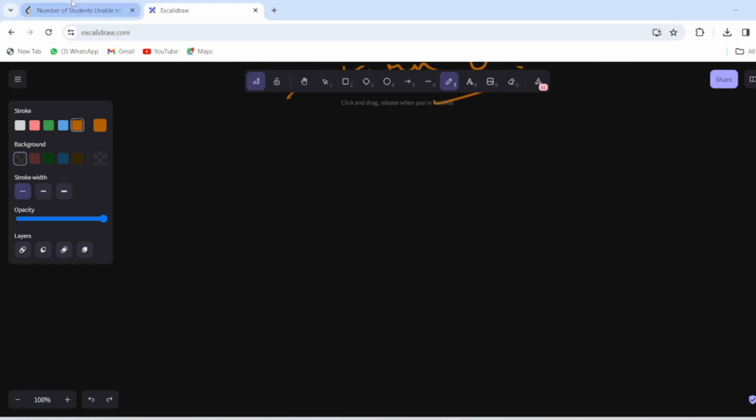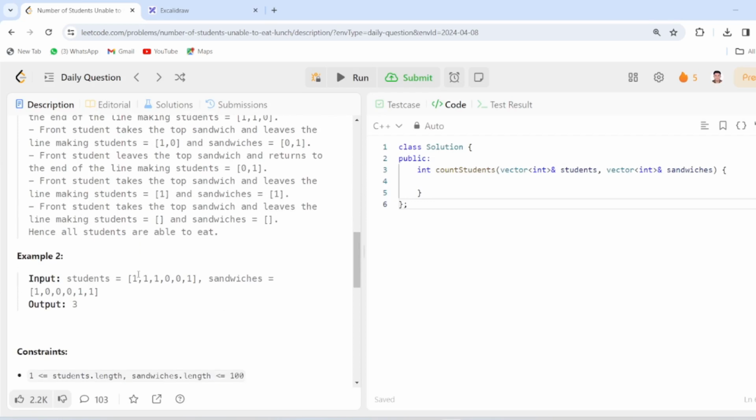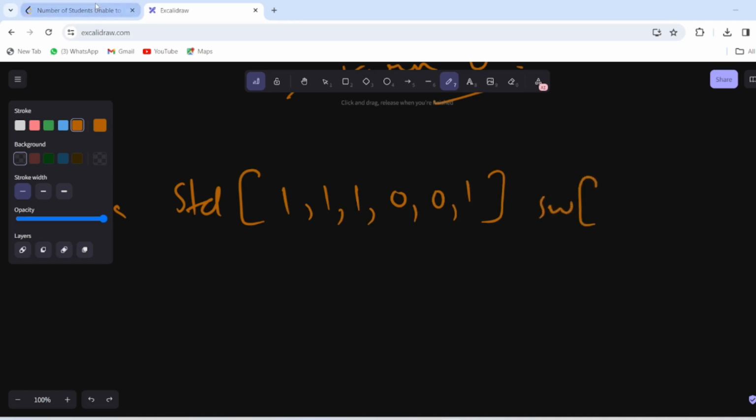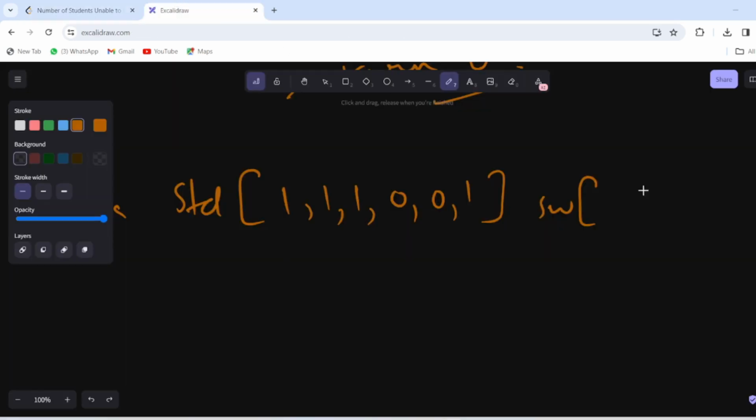So we will take this example from our question. Okay, so we have this. The student array is 1 1 1 0 0 and 1, while the sandwich array is 1 0 0 1 1.